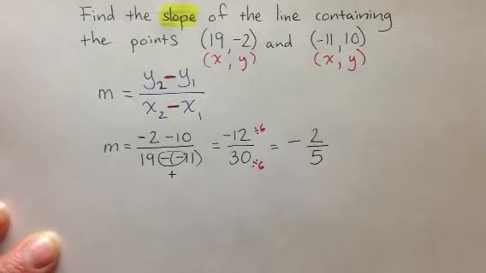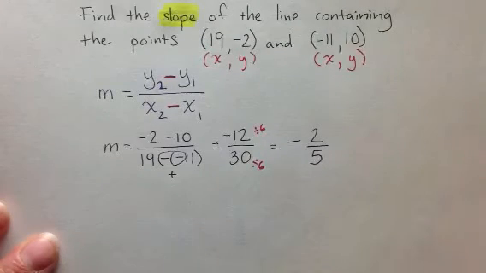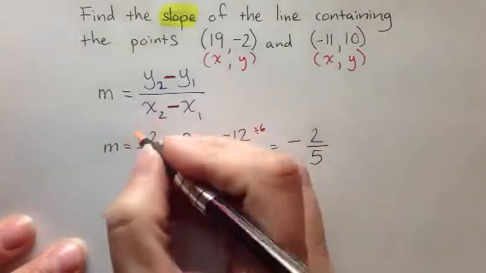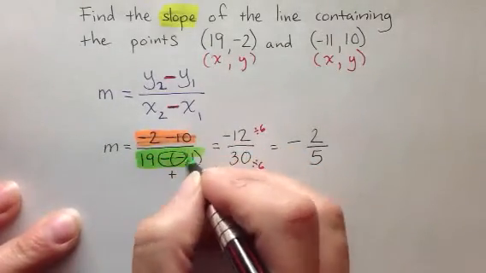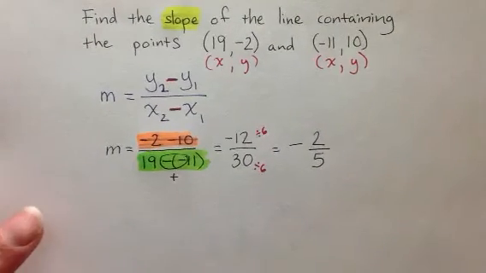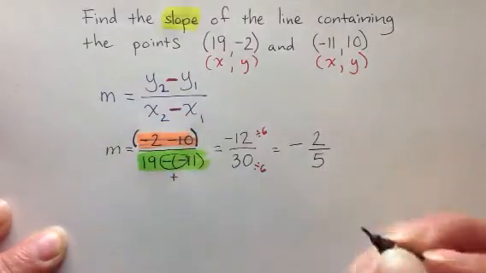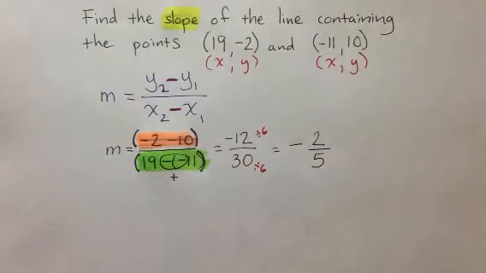Now I'm going to check all of this on the calculator. Remember, if I want to tell the calculator that this is a fraction, there's no fraction bar in the calculator. So I have to get a little creative with parentheses to tell the calculator that it's first going to do all this math, then it's going to do all of this math, and the last thing it will do is division. The way I tell the calculator to do that is I put parentheses around the numerator and parentheses around the denominator. So I'm going to go back up to my coordinates